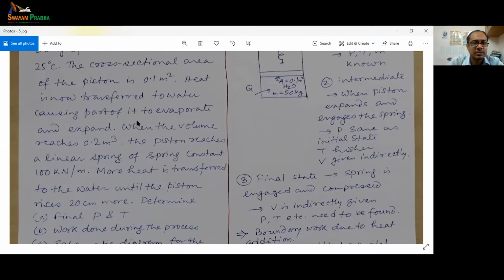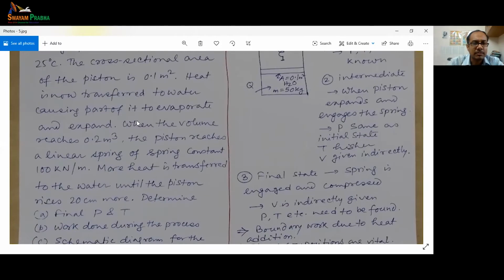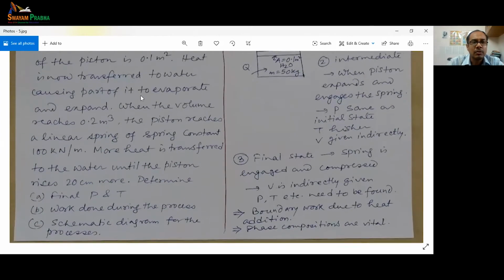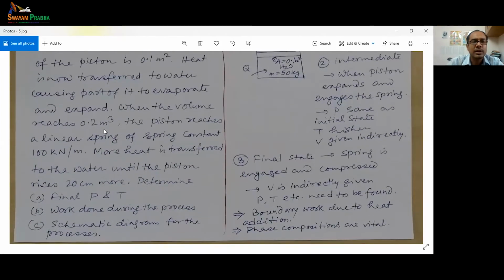So heat can be transferred to the system, and whenever you heat the water up, a portion of that will evaporate, and that evaporation will let the piston go up, or the volume expand. Okay, now when the volume reaches 0.2 meter cube, as it expands, it will reach a certain value, and it says that when it reaches 0.2 meter cube,